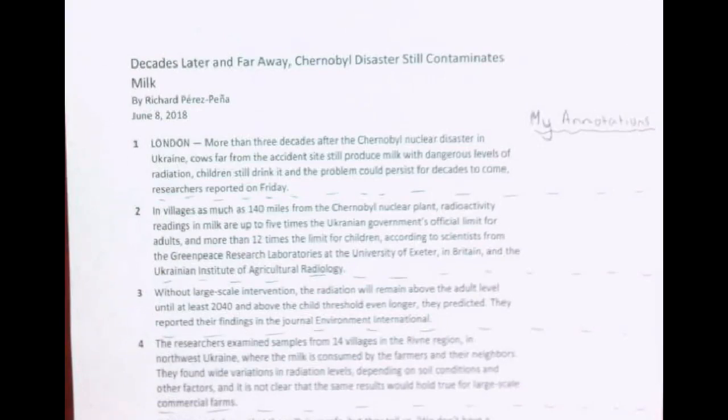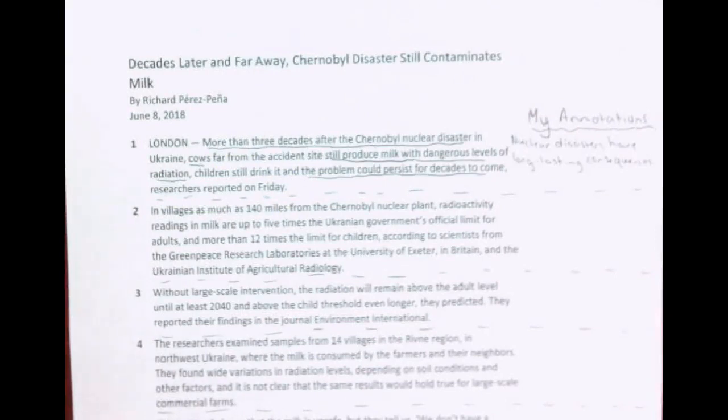My first thought comes from paragraph 1, and it essentially relates to the fact that nuclear disasters are long-lasting. The evidence that I use to support my thinking relates to the fact that more than 3 decades later, milk still has dangerous levels of radiation, and then the problem could also persist for decades to come. So I'm going to write my annotation, and then I'm going to underline the evidence that proves my thought that comes from the text. So I've written my annotation that nuclear disasters have long-lasting consequences, and then I underline the